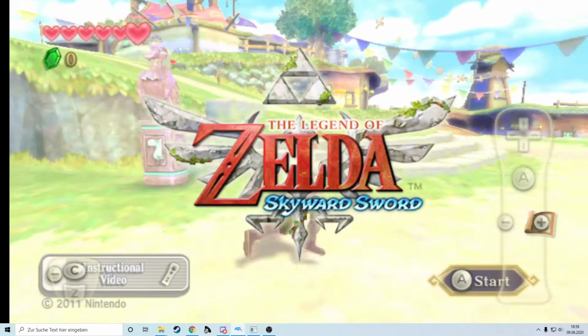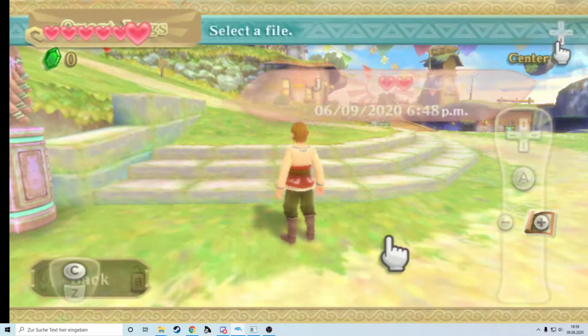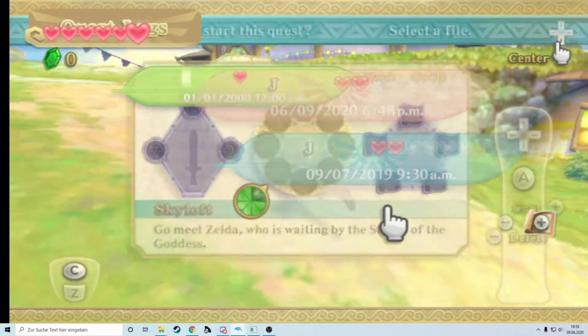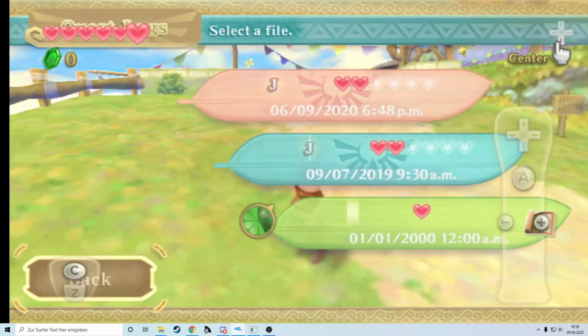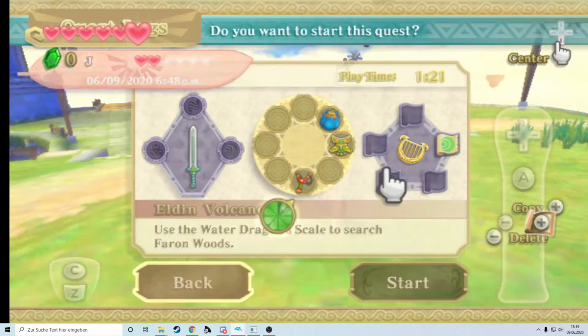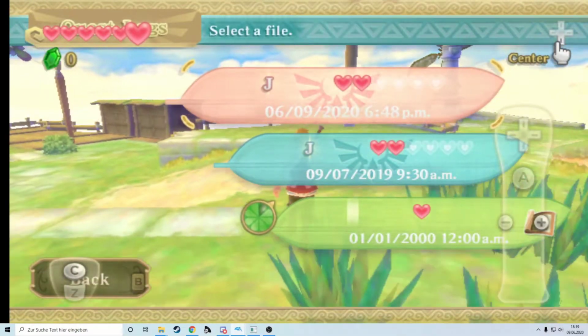And now, if I open the splash screen, it made a corrupt file on file 3 because this was the file I died with. So yeah, this is one way to make a corrupt file. I'm gonna show the other way as well, but first of all, I don't want to lose all of my files, so